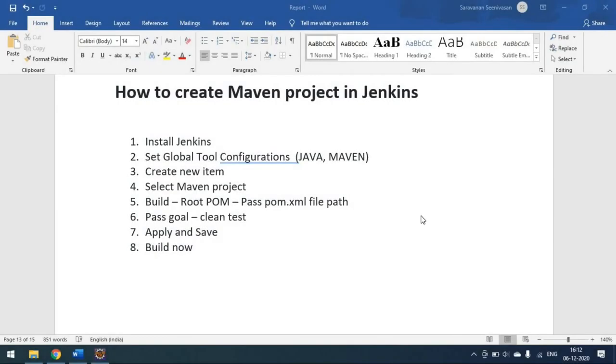Hi everyone. So today we'll see how to create a Maven project in Jenkins, right? In my previous video, we tried the freestyle project, where you have to give the workspace of your project and then pass our Maven command. Instead of passing the workspace, we can directly go for a Maven project option. You can go to Jenkins, create a Maven project, pass the Maven commands, and point to your pom.xml file,